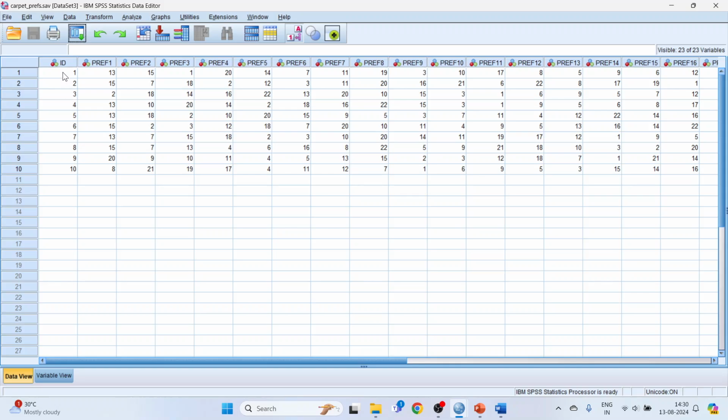So, 10 customers and their preference. Okay. So in total, there were 24 profiles. So you will see the first customer, the preference 1,